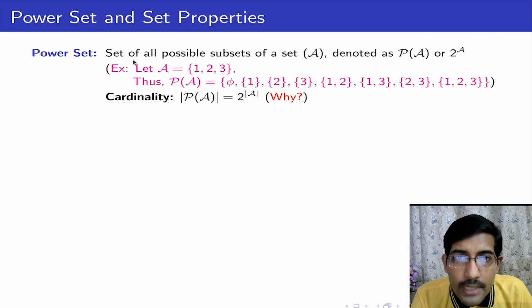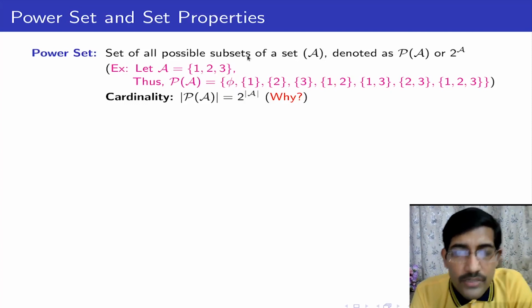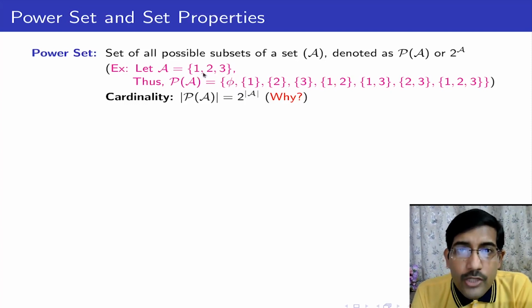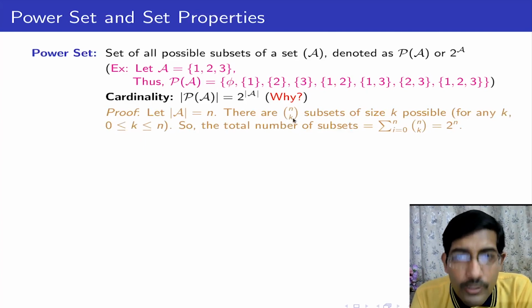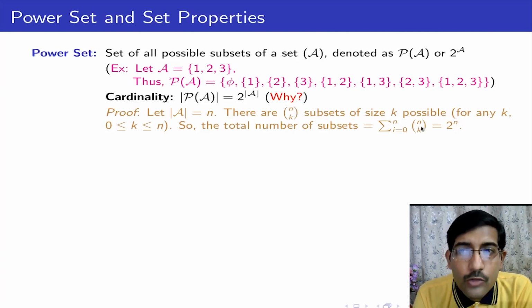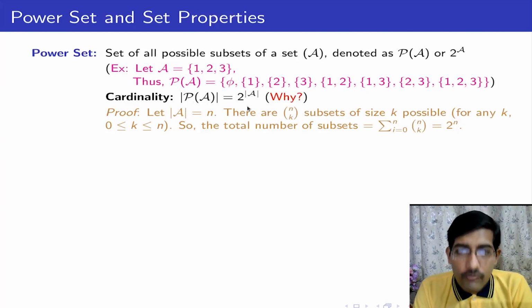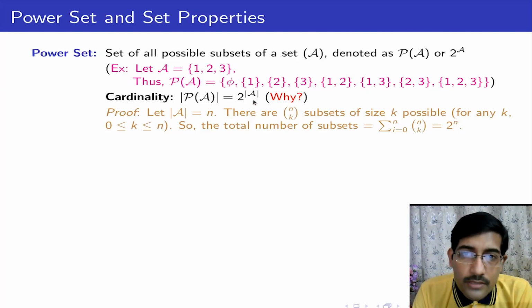Because we are trying to create the power set by choosing all possible subsets, and therefore we can choose no element out of it in nC0 ways. We can take one element and form a set in nC1 ways and so on. So we can choose nCk subsets of size k, and if we add all these combinations, we get 2 to the power n possibilities, where n is the cardinality of set A. So therefore the number of elements in the power set is 2 to the power of the number of elements in that particular set, whose power set we are computing.